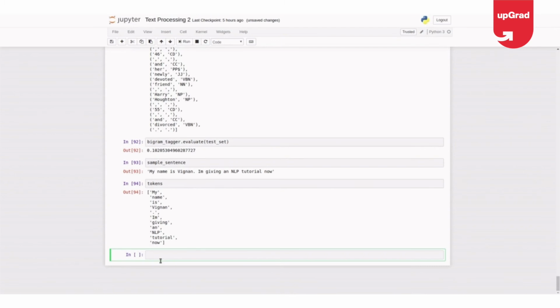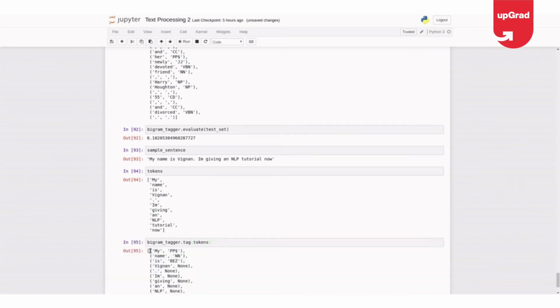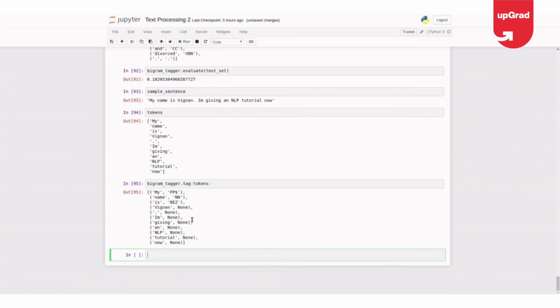Now I'll tag them, bigram tagger dot tag my tokens. It's saying Vignan as none, dot as none, IAM as none, NLP as none. So my bigram tagger is not actually performing well. See, most of them are none. Let me check my unigram tagger, which I have built previously.